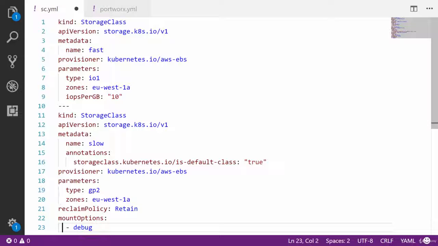I've got a YAML file here called sc.yaml, and it's in the course repo under the storage folder, and we can see it's defining two SCs, two storage classes. Now then, starting from the top, kind: StorageClass. We've already said this, right? It's its own resource in the API. Oh, and look, it lives under the